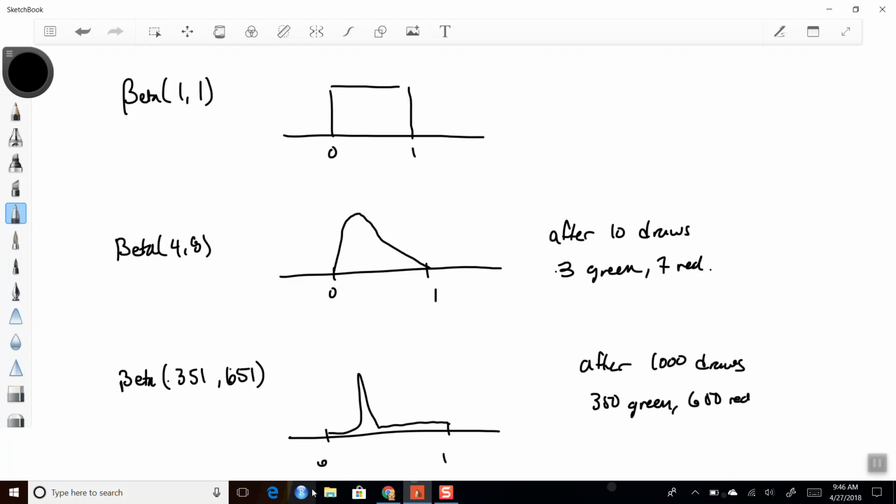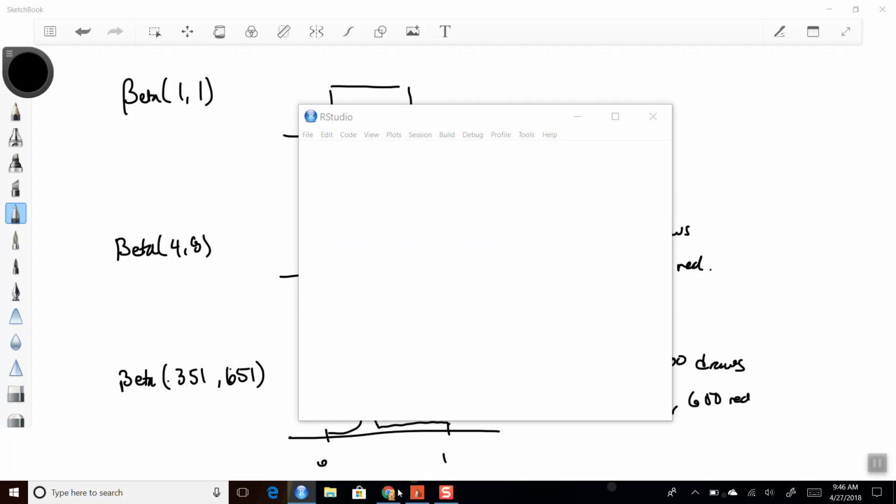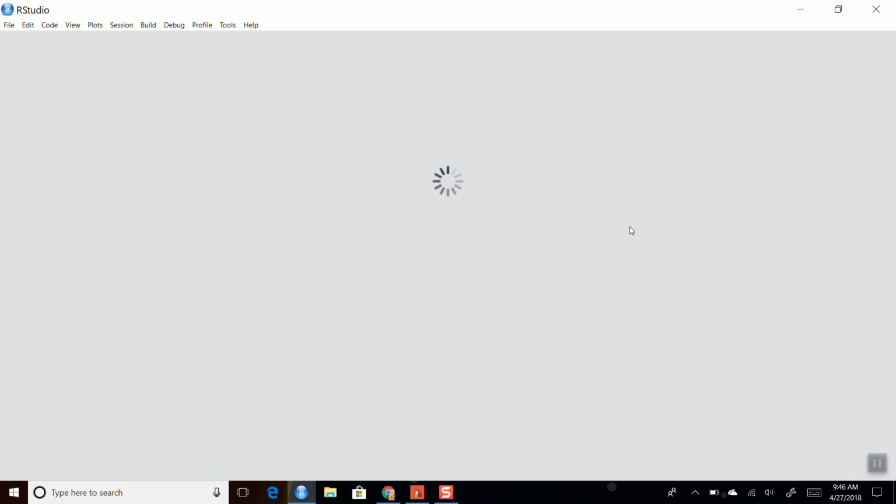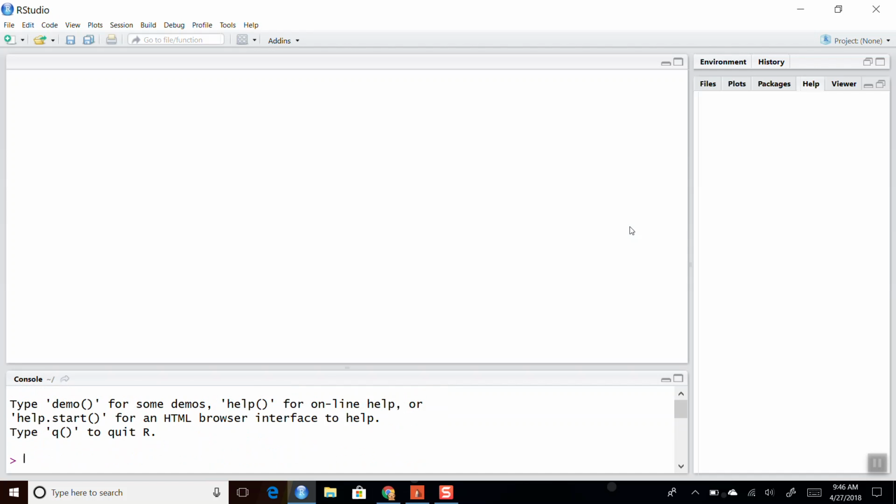These are terrible pictures. I'm going to show you in R, and we'll get better pictures here. But all this is kind of representing what we believe the probability